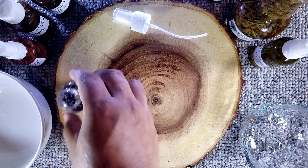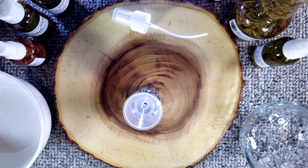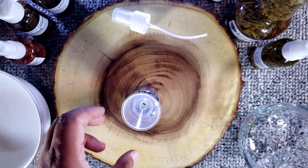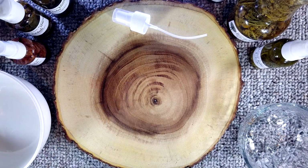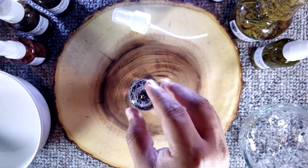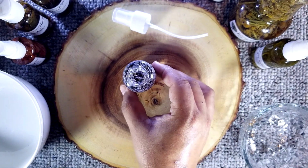Now the next step is to put your funnel and get your airtight rainwater and pour it in. So hopefully I can do this carefully without any spills. Now I did this off camera because I spilled some of the water. Here you'll see that I filled it up all the way to the top, and that's okay,